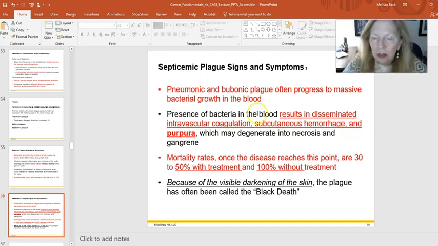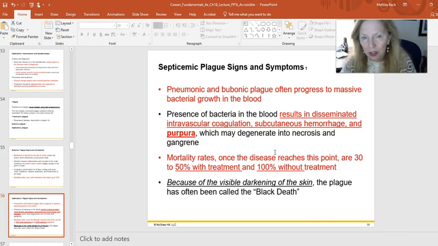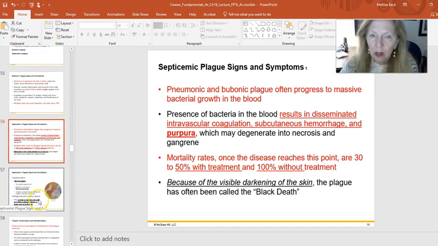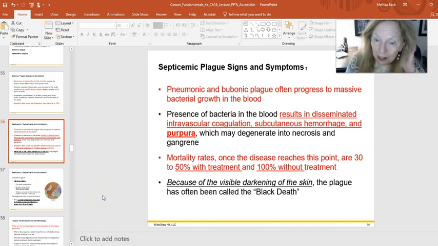So death was happening because of a combination of different things. And so you can see where mortality rates, even with treatment, are very high in this particular one: 100% without treatment, but even with treatment, still significantly high. So thank goodness we sort of control our rats. Rats carry rat fleas, the fleas on rats can carry this, and it can be spread through that.